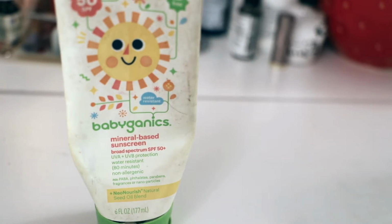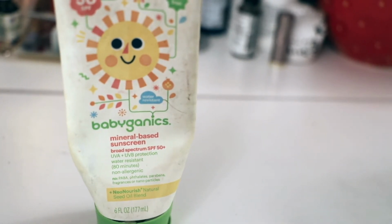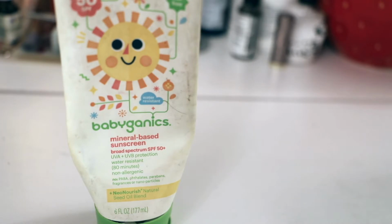I wear this out if I'm doing something more athletic where I'm going to sweat a lot. I've worn this to the pool. I've worn this just driving in my car. I wear it under my makeup. It's better for me than pretty much any other blend of some SPF preventative, daily moisturizer, because it gives you